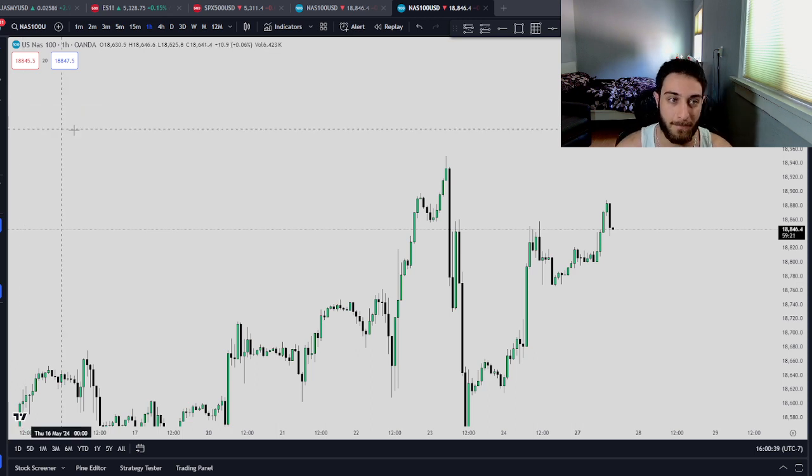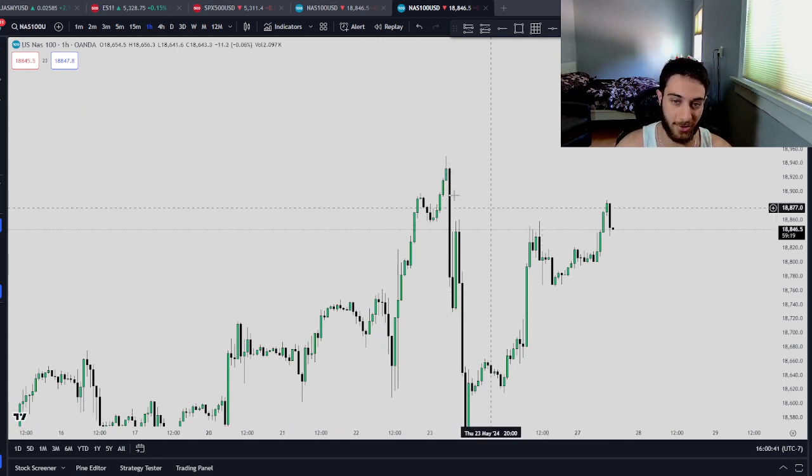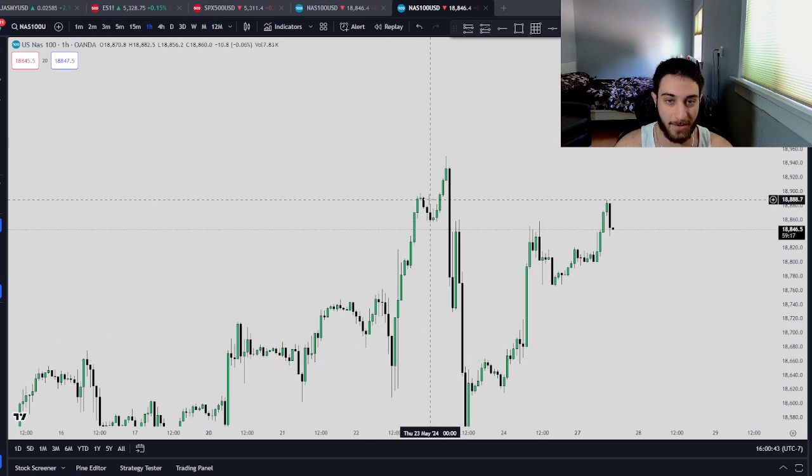Okay, so before we dive into finding these on the charts, first let me explain what an order block is. So an order block is essentially just a price range where orders are filled to push price strong in one direction, ideally out of that price zone. Once we get that strong move out of a specific area, we're able to identify where that order block is,